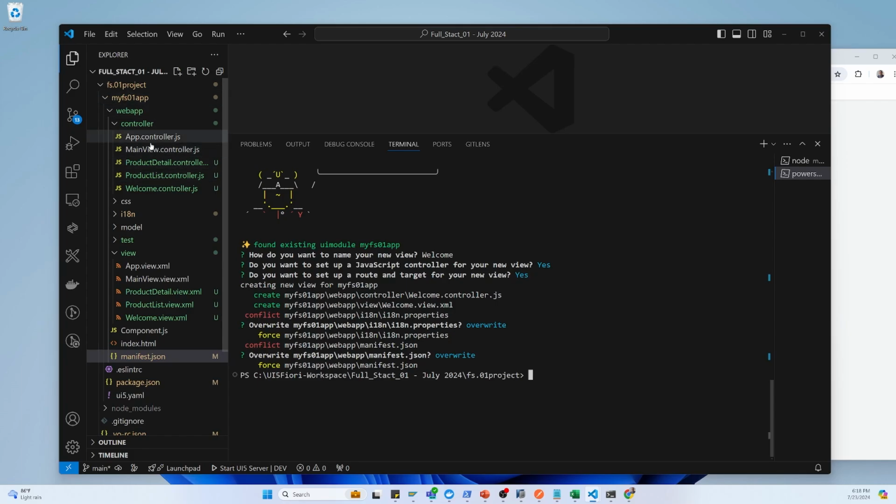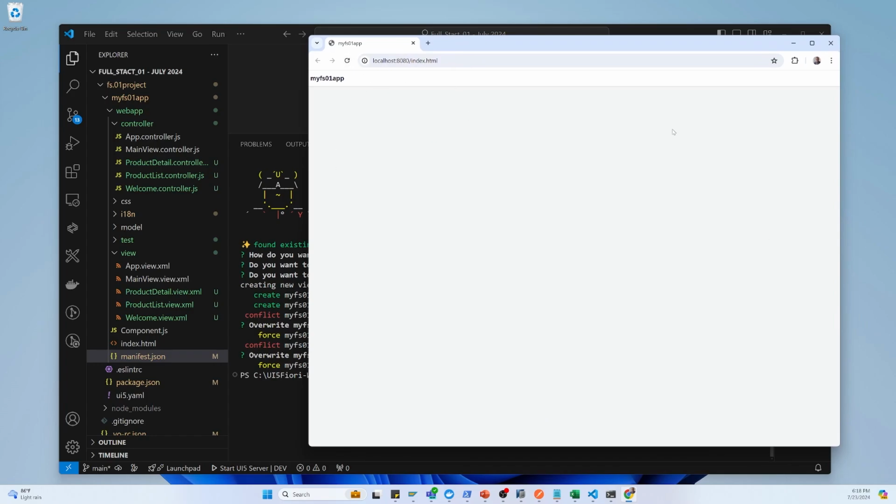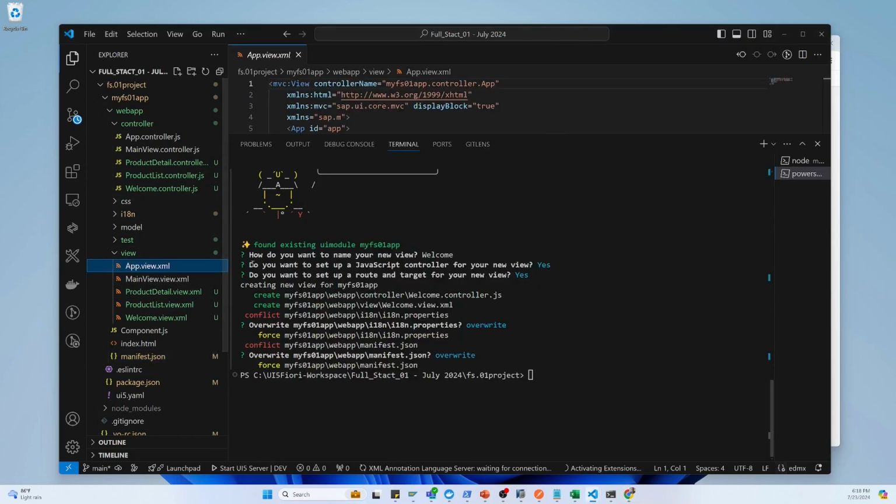Okay, so now you can see that this 3 view is already there. Now we have to use that in the main page. You can see there's only one app, but we have to make a split. As I said, we have to use a controller, and based on that controller it will automatically split. So now if I go to the app view,